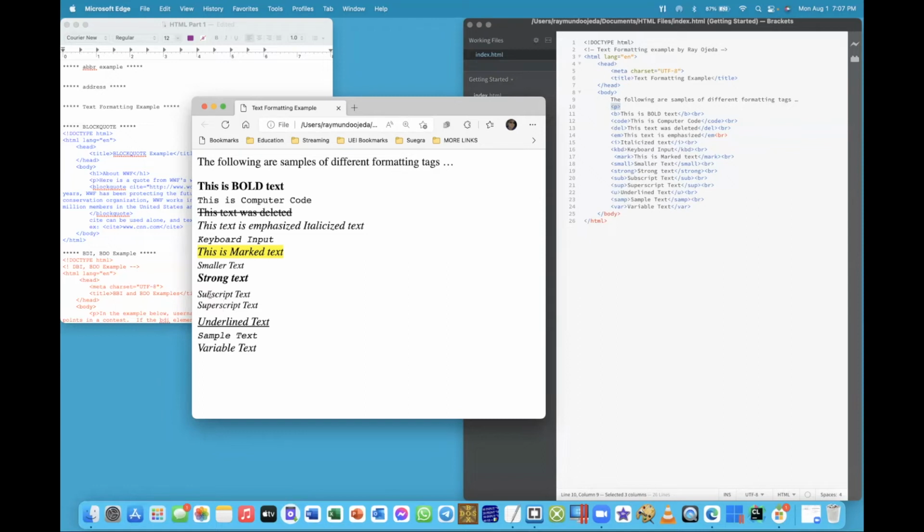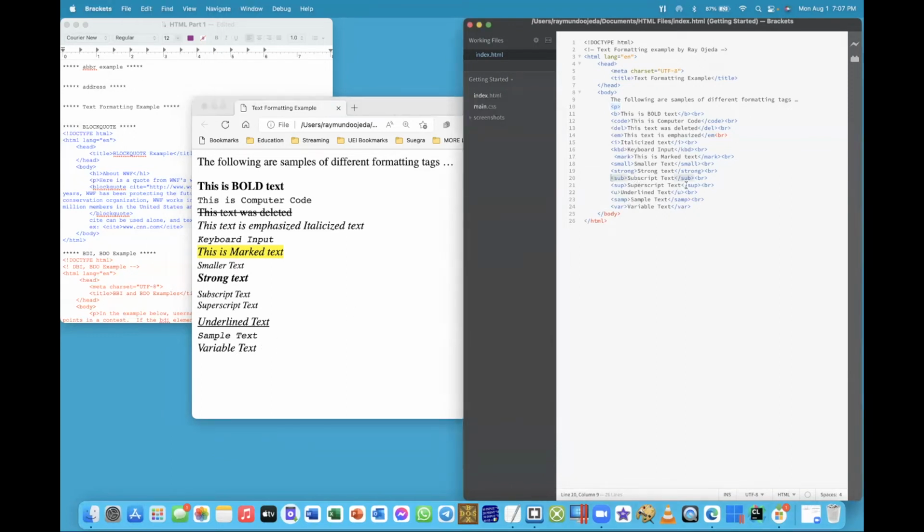Now here, because I put the subscript and the superscript right next to each other, you can't tell, but I'm going to do a little trick right now. Check it out. Okay, so underline, sample, and variable text. Okay, so you see the subscript. I'm going to put in here X, and then instead of subscript, I'm going to put 2, and then I'm going to put a